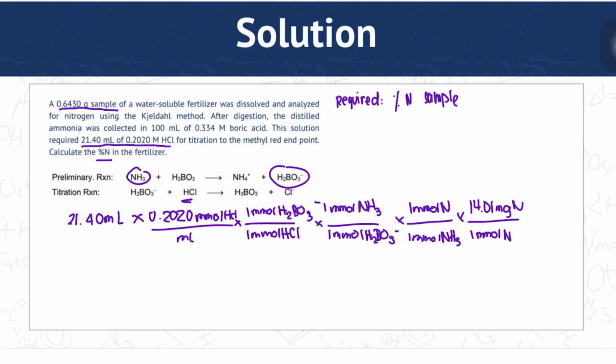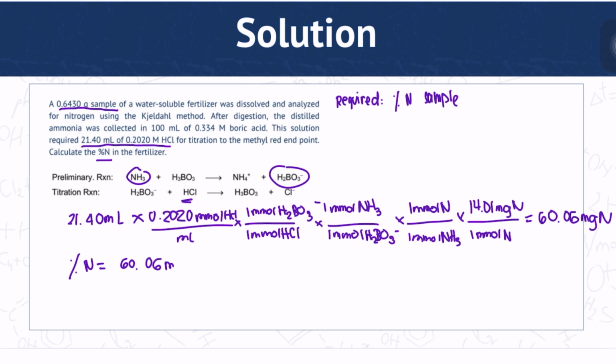Okay, so solving that, let me get my calculator. And you can compute with me if ever you have your calculator with you. We should get 60.06 milligram of nitrogen. But since we're given the values in gram, we'd have to convert it into grams, because we're looking for percent nitrogen. So percent nitrogen is equal to